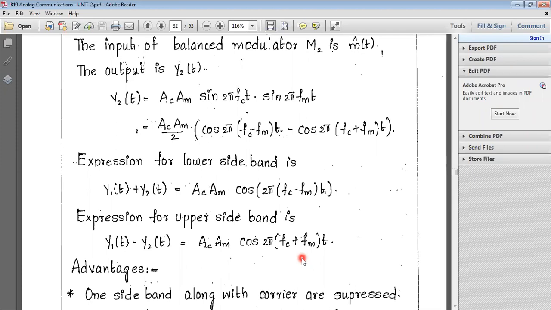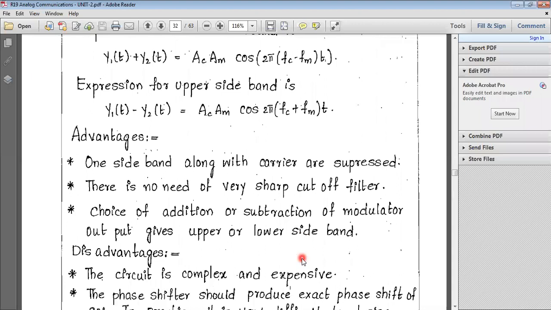But in the earlier technique, that is the previous technique, we had frequency discrimination. We can change only frequency; we cannot change the phase. So that's why the second technique is called phase discrimination, and the first technique is called frequency discrimination.